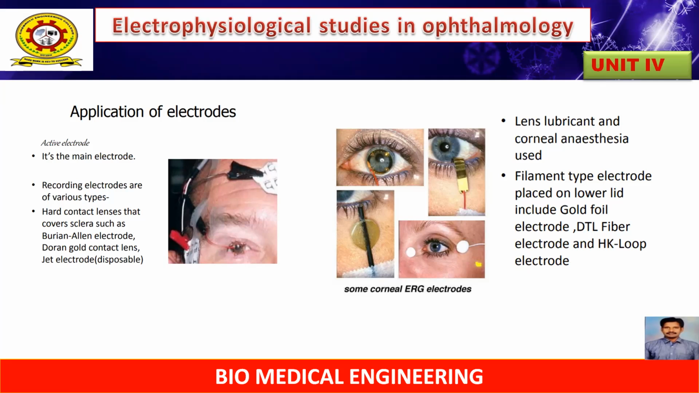And a filament type electrode is placed on the lower lid, including gold foil electrode, DTL fiber electrode, and HK loop electrode. This type of filament electrode can be used for the lower lid, like the gold plated electrodes. So in this way, some active electrodes are helpful for our